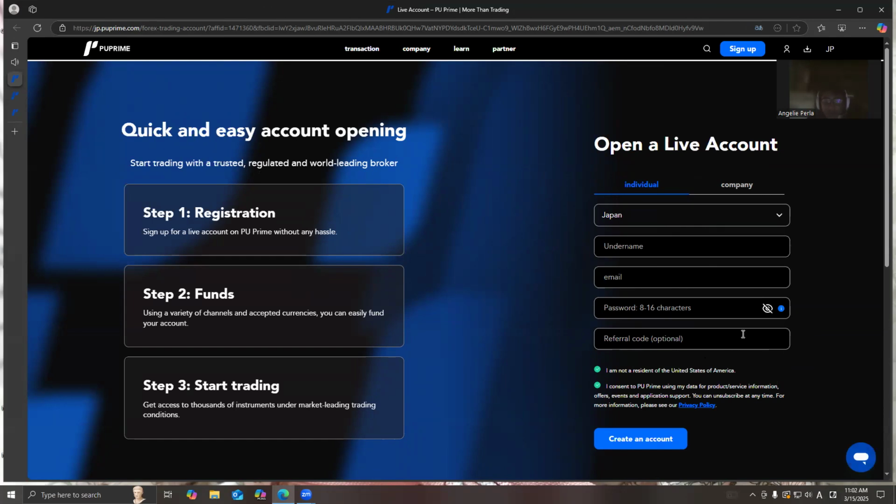If that person gives you a referral code, you can use his or her referral code under this section.